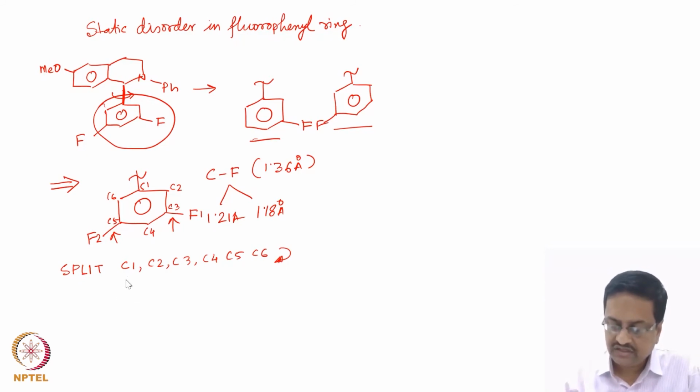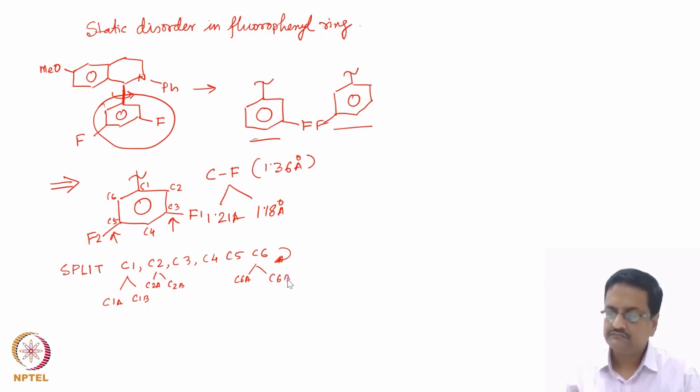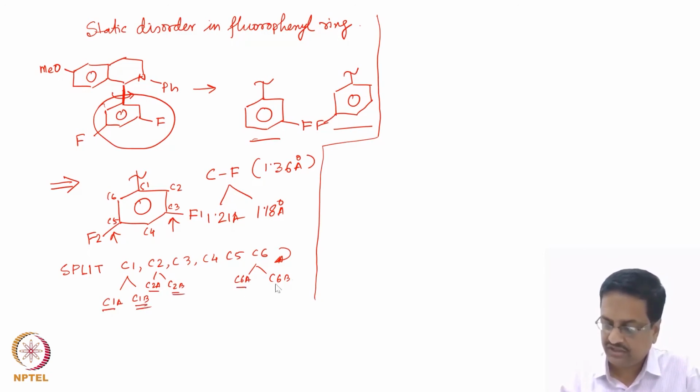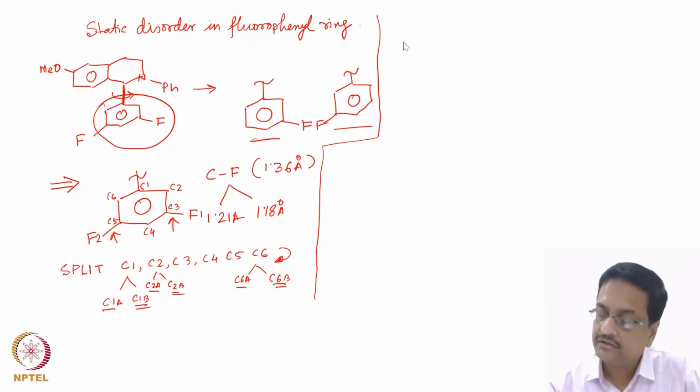What it will do is generate two atoms at the same location with names C1A and C1B, C2A and C2B, and so on up to C6A and C6B. Then we should segregate these two sets, the A's together and the B's together, and take the corresponding fluorine in it together. So we write a part 1 as C1A,